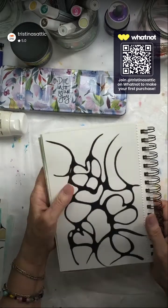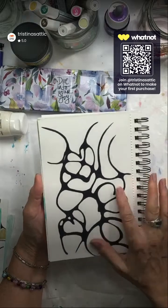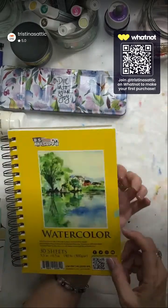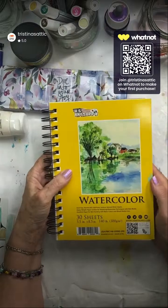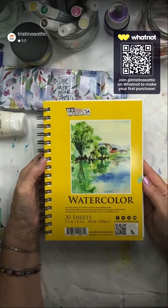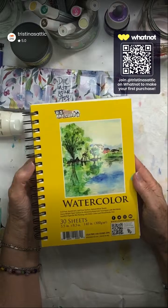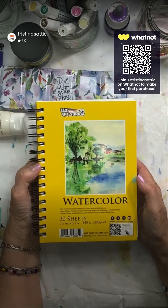So here is some hearts that I did. This is, right now, my favorite type of watercolor paper for just playing on, but it's also good enough that if you like what you did, you can make it into